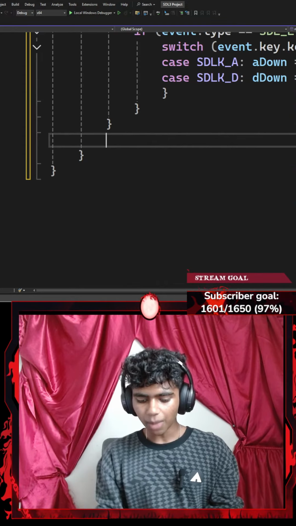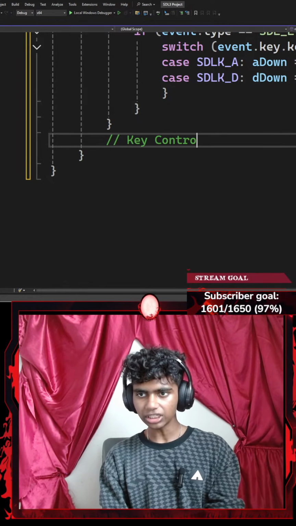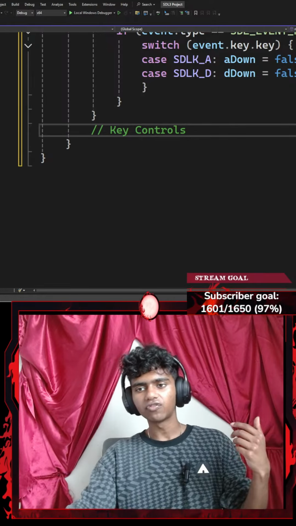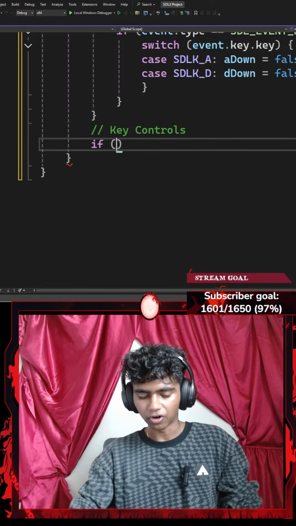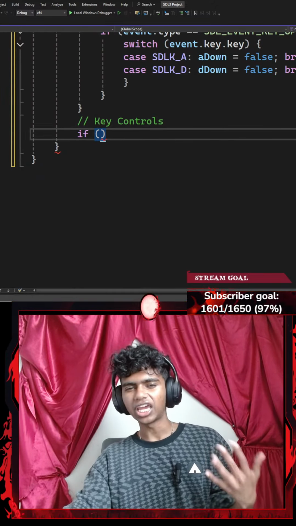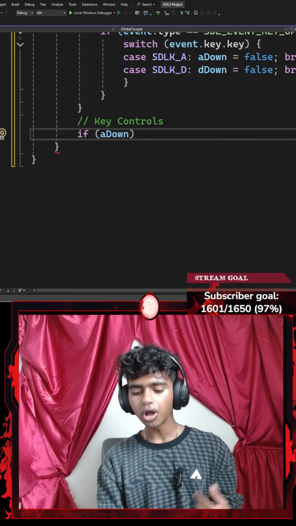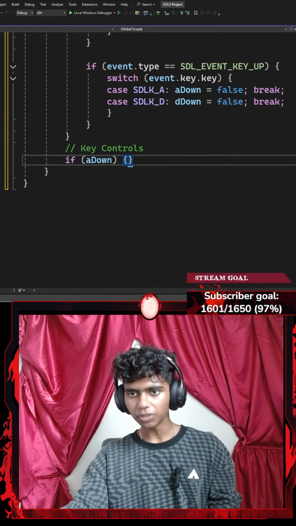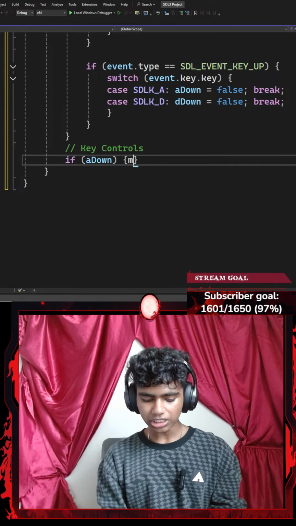And then add a comment that says something like key controls. Okay, and now for my key controls, firstly, I'm going to be adding an if statement. So I'll go with if, a pair of parentheses, to check if my A is currently being pushed down. So if my A down is set to true, I'm going to do something. I'll go with a pair of curly braces that maybe increases my